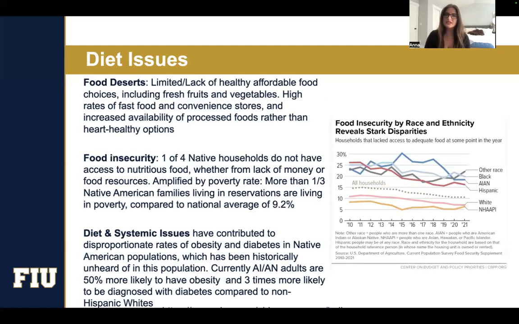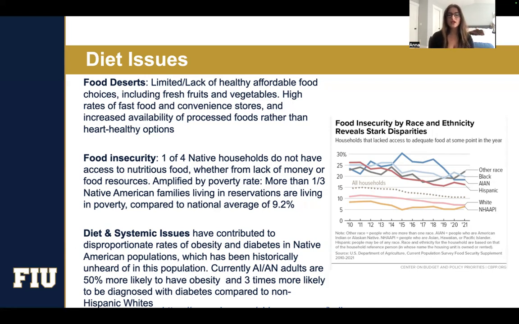In the diet of Native Americans, there are a few different issues at play. These include food deserts, food insecurity, and then systemic issues, which have ultimately contributed to high rates of obesity and diabetes in Native American populations. Food deserts are defined as areas of a city or rural area where there is a lack of fresh fruits and vegetables available, and a high ratio of processed foods, convenience foods, and those kinds of stores